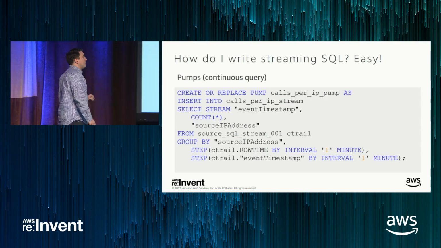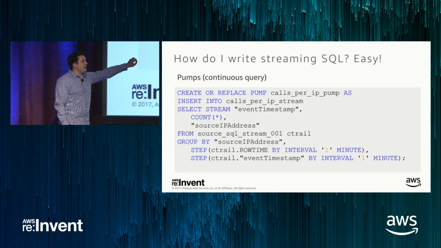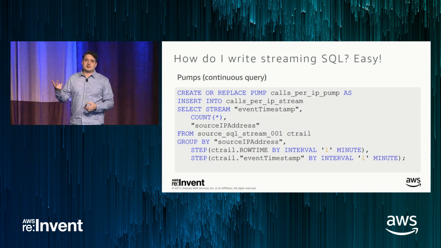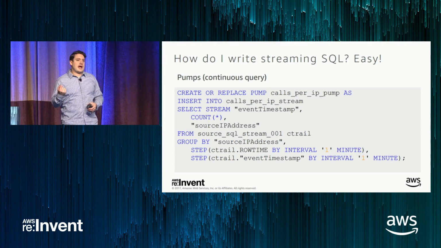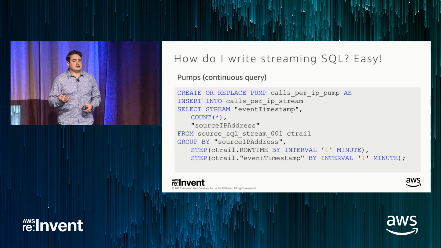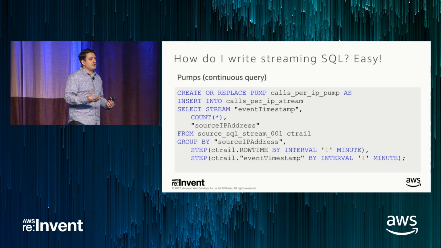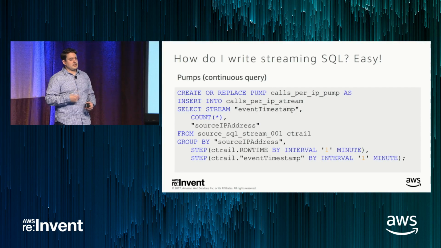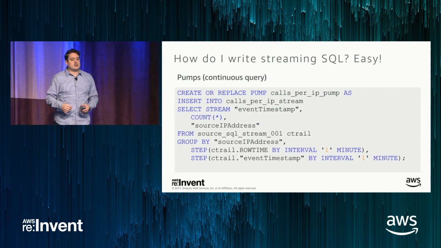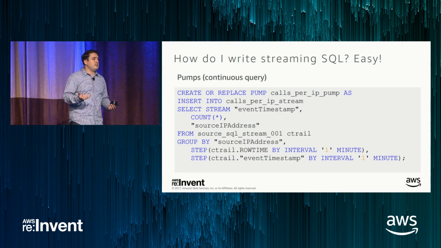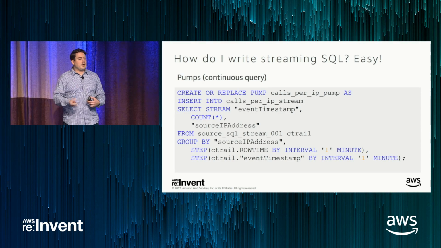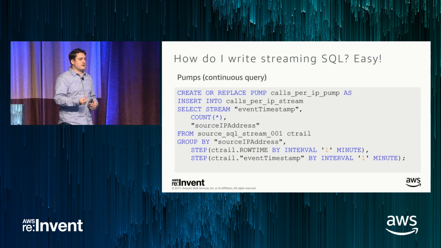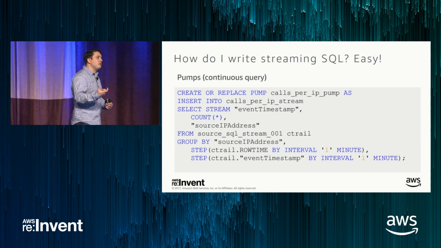In the group by, we've got a couple things here. The group by a key, so in this case, the source IP address, and then two step functions. The first aggregates data by the processing time, and this serves as basically a trigger. It says, we want results emitted every minute, continuously. The second step function is essentially a key-based grouping. So I want them emitted every minute based off of the clock time of the application node that's processing data. But I want to group them by their event time.